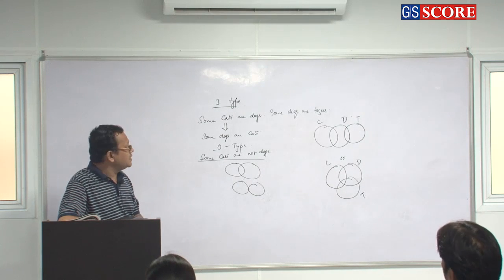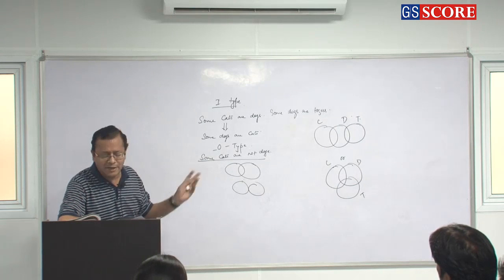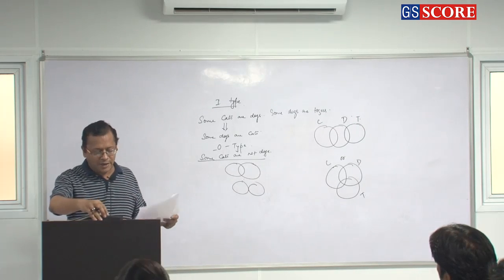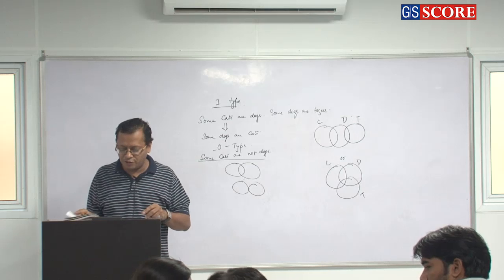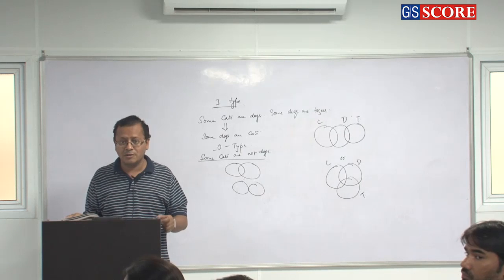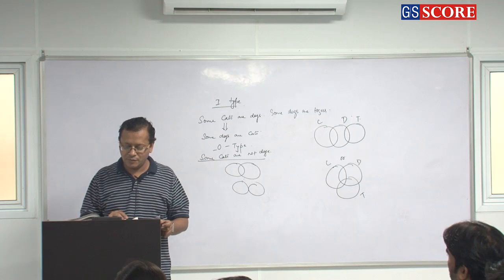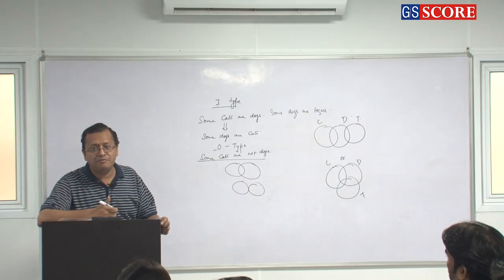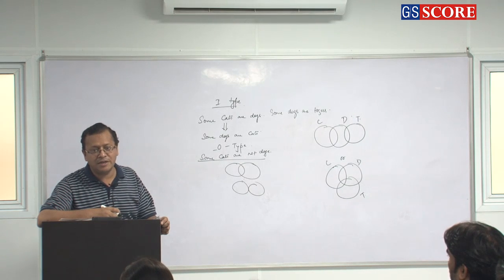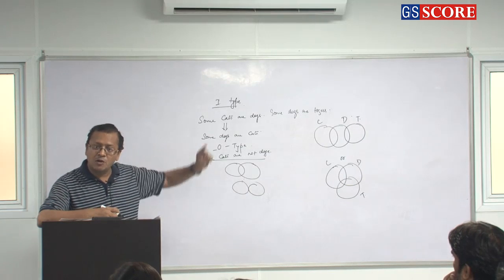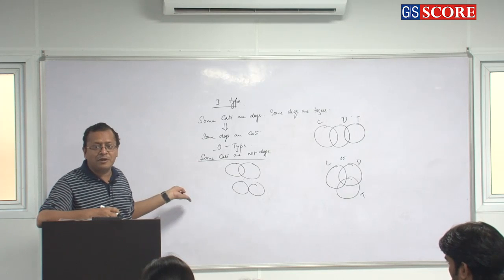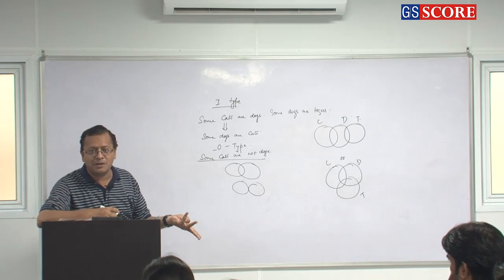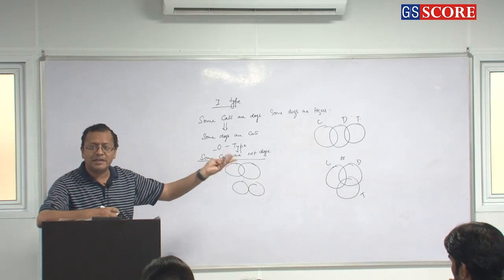Clear? Okay, let me do one example, then only you will understand. Can I give you one example first? And then you can try? You will try. Just please try. Sir, but some cats are not dogs, does it even mean some cats are dogs? Maybe, may not be. When there are 2-3 possible conclusions, then it is a maybe conclusion. It is not a definite conclusion. Whatever I wrote for A, E, I, O, they are definite conclusions, but these are maybe conclusions. So maybe, may not be as well. So the thing gets cancelled over there.